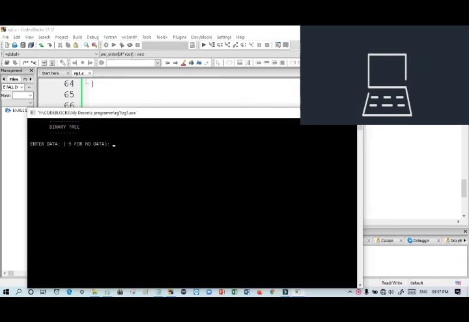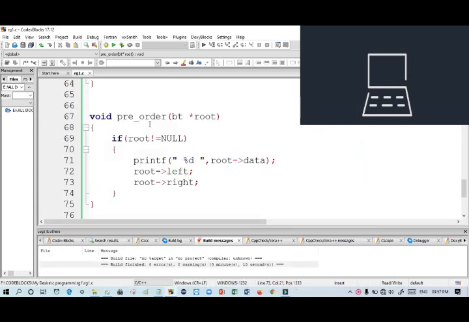Please note it, here you have to call this, also using recursion.